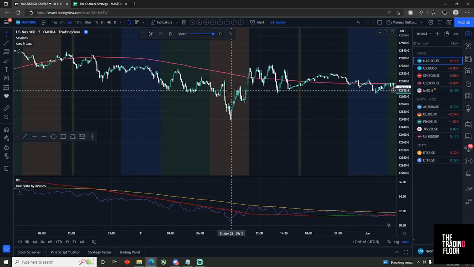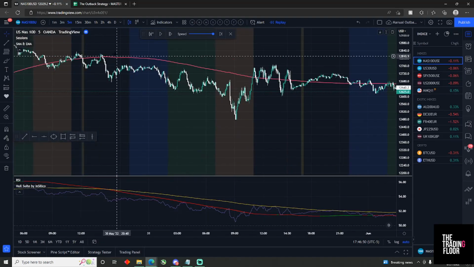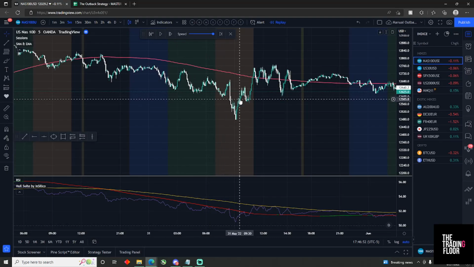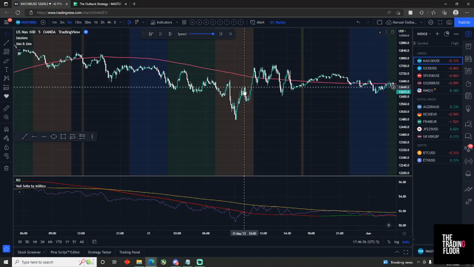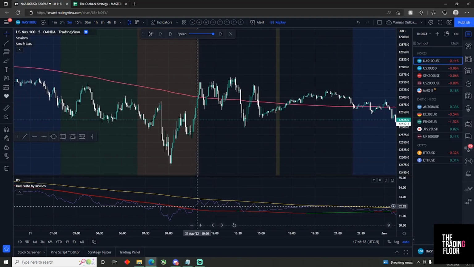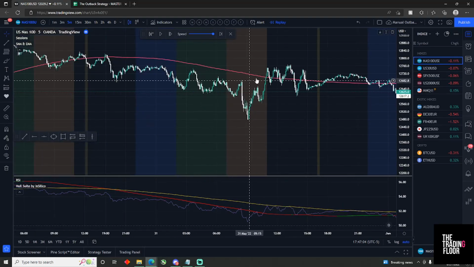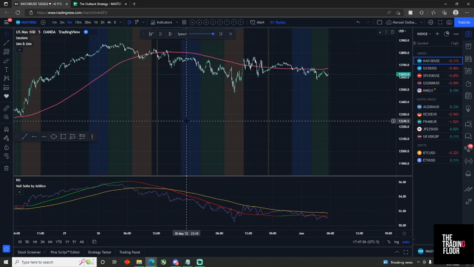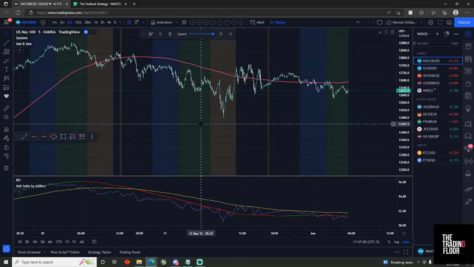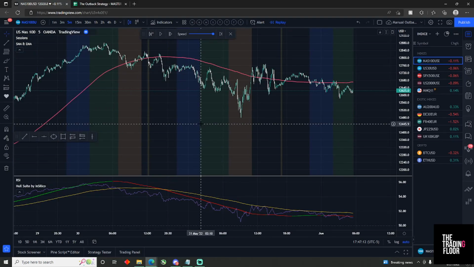To look for a buy is the complete opposite. To where price has gapped down below the moving average, it comes back to cross up. And in this case, you never get an entry because your RSI line never goes above the RSI simple moving average. So you actually get out of this loss. So that is how you buy and sell, but it's a little different for indices because you only have NAS